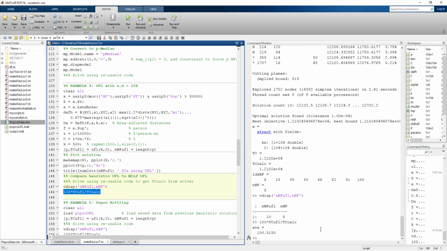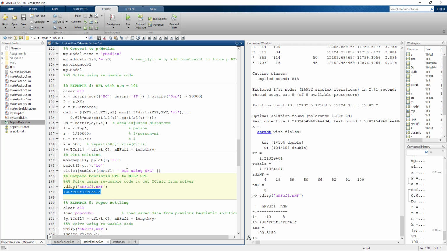What it's saying here is it's just about a 0.5% difference. So by modeling as a mixed integer linear programming, I got about a 0.5% improvement compared to heuristic. For this larger problem, again, that illustrates that for most practical problems, just using the heuristic for this problem is really more than adequate. 0.5% is really nothing that would make it worth to actually do a MILP formulation unless